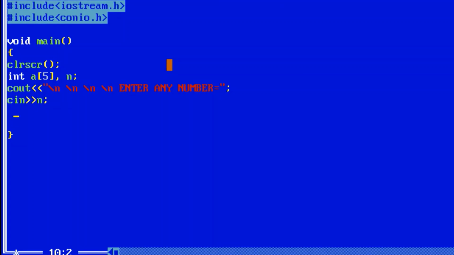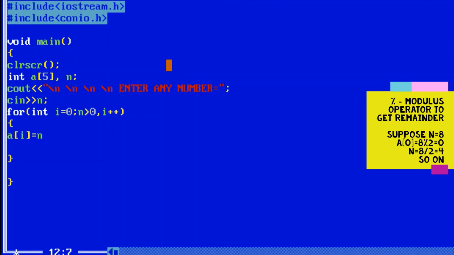Now we will use a for loop, that is for (int i = 0; n > 0; i++). Within the for loop I will use a[i] equal to n % 2. This modulus operator is used so that the remainder value can be found, and this remainder value will be stored in the first element of the array.